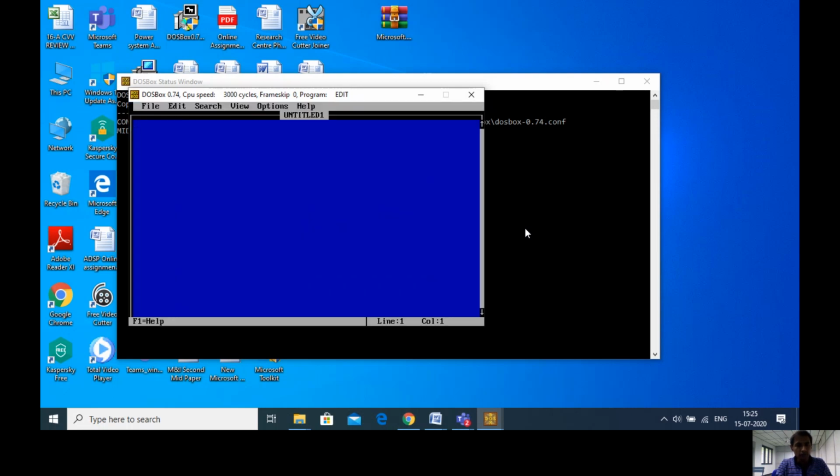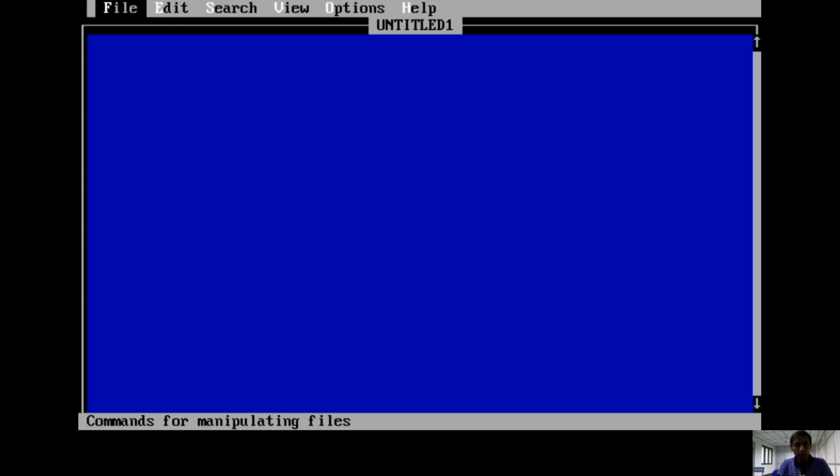Then press enter. We get an untitled screen like this. In order to maximize it, press Alt plus enter for full screen. Okay, this is the screen where we can write the program. The first step for writing any assembly language program is that we need segment registers. Generally, for writing a program we need the code segment register, so first we should write code space segment.